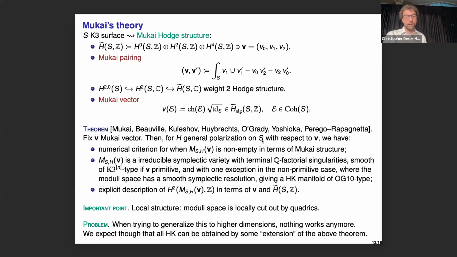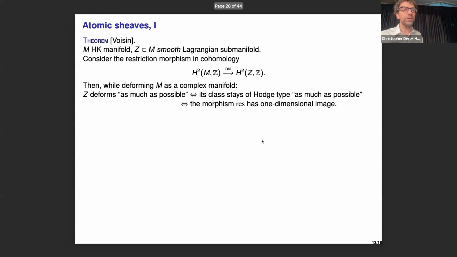These were called the K-secant, but the analog that Eyal also introduced in the case of hyper-Kähler is what are called atomic sheaves. This is just a condition on the Chern character. If I fix this condition on the Chern character, by some mystery, the moduli space becomes much nicer. And so here are the atomic sheaves.